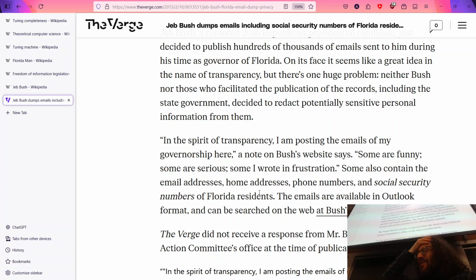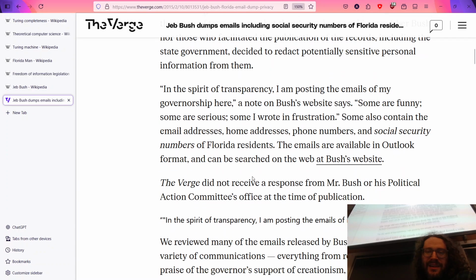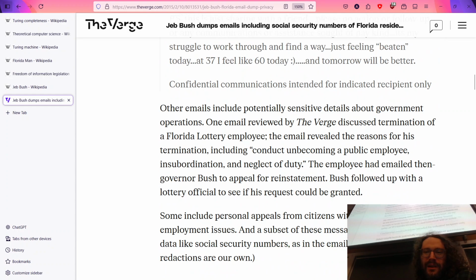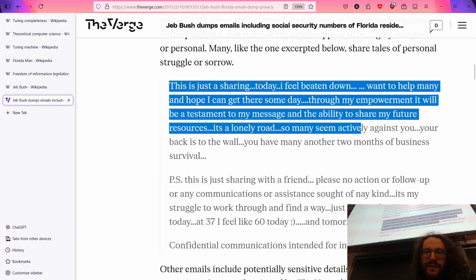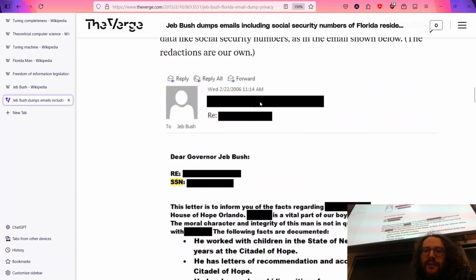So that's its whole other topic. But simply put, know that it is a very fragile piece of personal identifiable information. So here's some personal emails. You can read through them. Other emails, this has been redacted by the website itself, says RE blank, social security number blank. And again, we don't want to see these in our emails. This is bad to see in our emails or to see online dumped.